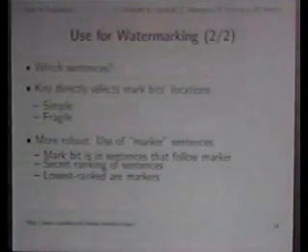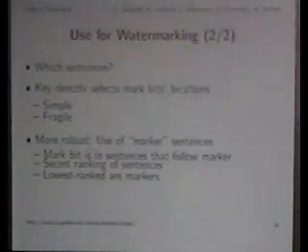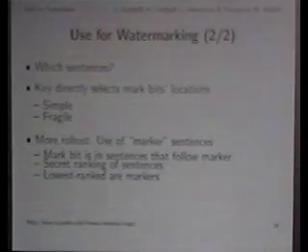What is a better technique is to say we have some arbitrary mechanism to rank all of the sentences in the translation, and that just gives us some total ordering. We take the sentences that have the lowest scores in this ordering, and the sentences after that in the document are the ones that are going to hold the mark bits. This way, an insertion or deletion attack will not necessarily succeed in destroying the mark.